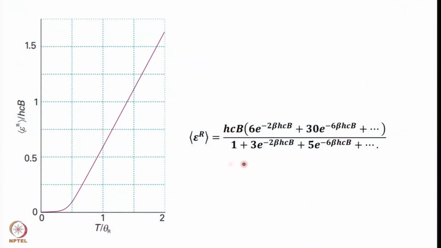For translational, it was easy, 1 by 2 kT or 3 by 2 kT, but for rotational, you see it can be a complex equation, but this complex equation is needed when the temperature is low. When the temperature is high, much larger than the characteristic rotational temperature, then we can use the high temperature result,